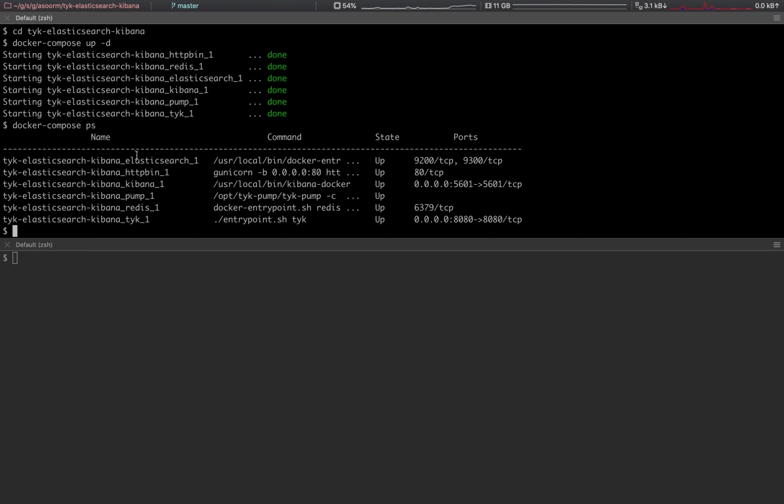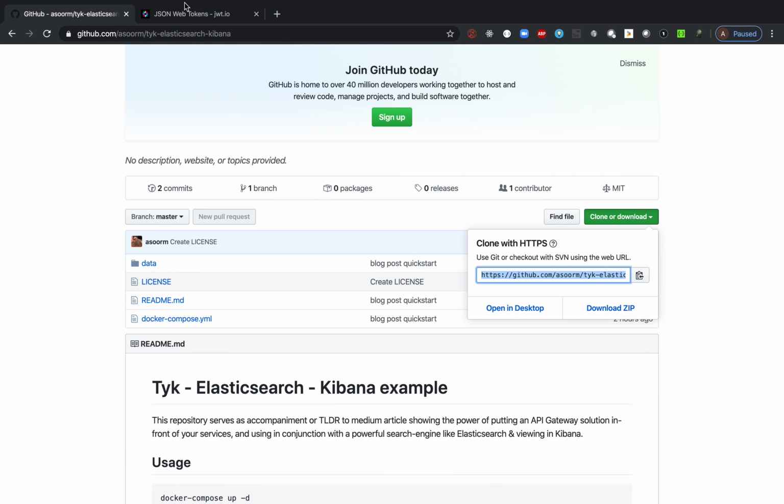Okay, and we can see that we have our Elasticsearch, our HTTP bin service, Kibana, Pump, Redis, and our Tyk gateway. Now the only ones where we've exposed the ports are 5601 for Kibana and 8080 for the Tyk gateway. So let's have a quick look to see